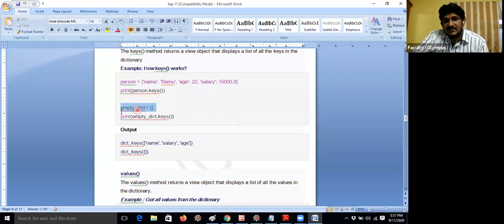If the dictionary is empty, what will happen, sir? If you have such a doubt, I will clear that. It will print empty only, since there are no keys. It will not give any error message, but it will display an empty square bracket like this.